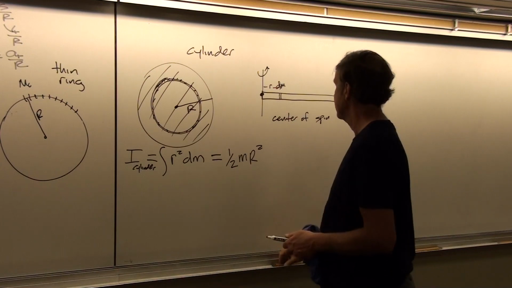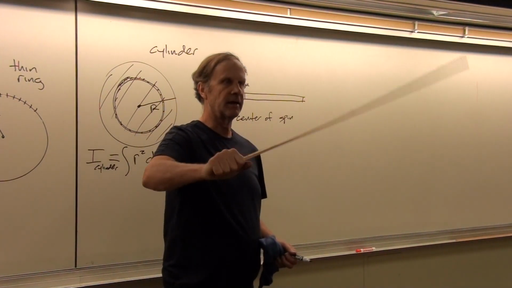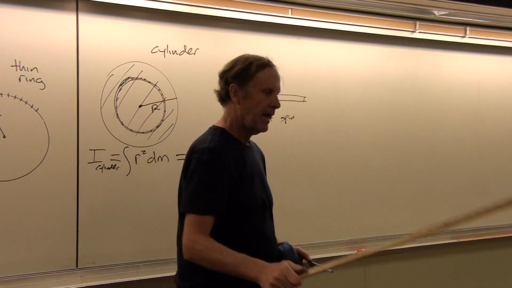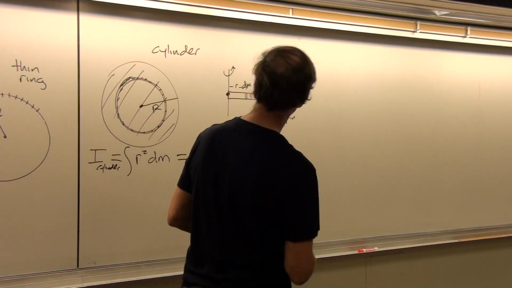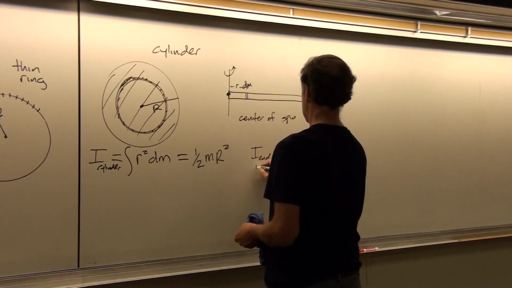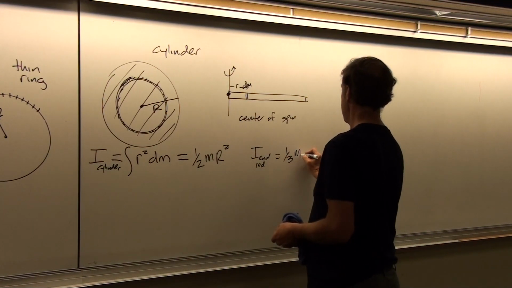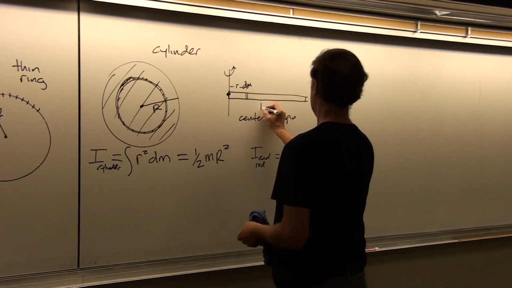So this would be like, for example, rotating a meter stick about the end like this. And so when we perform that integral, I about the end for a rod is equal to 1/3 ml squared, where L is the length